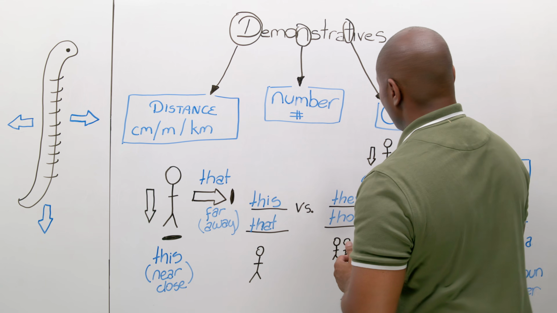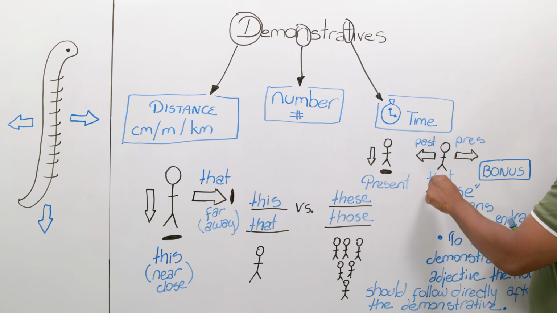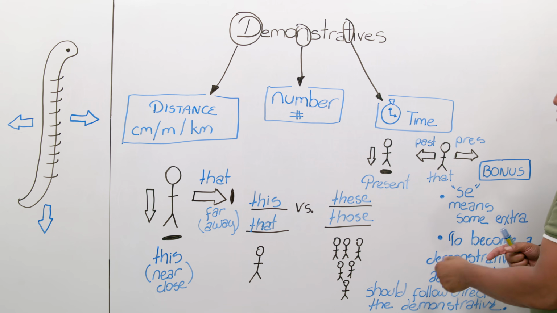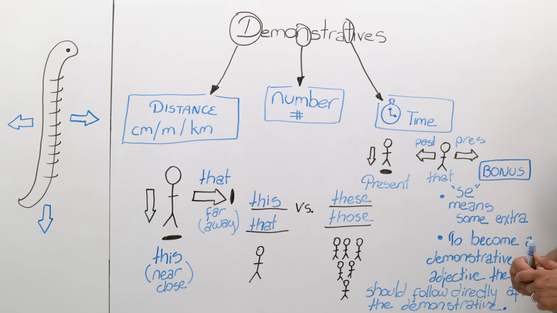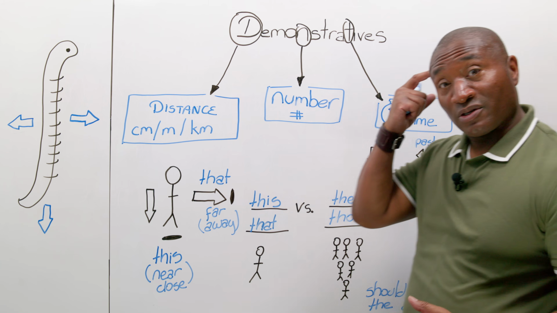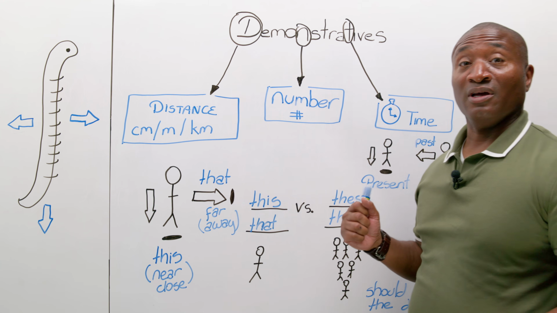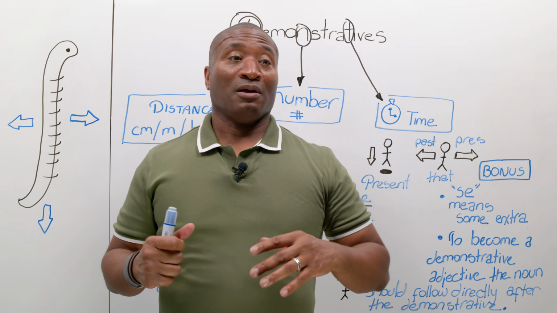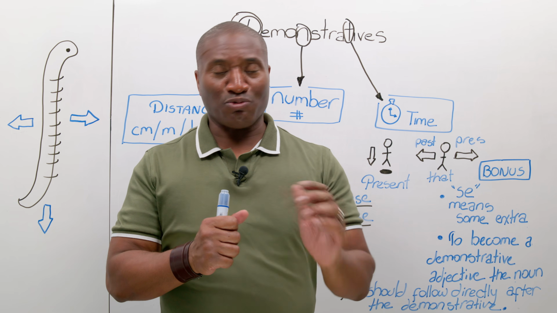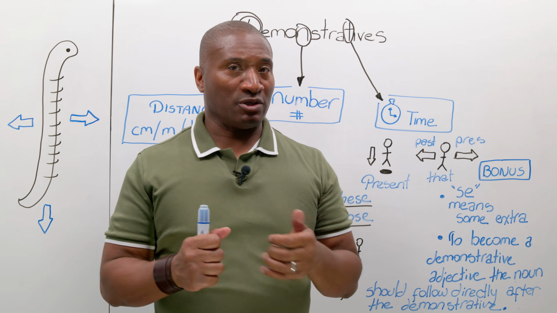distance for this and that. We can talk about time using that or this, and we can use about number. These, those. Cool? So you've used demonstratives to talk about 3 different things, and it's really 4 words. Not so bad, huh? Now, I'm hoping you got a greater understanding of these words if you didn't before.